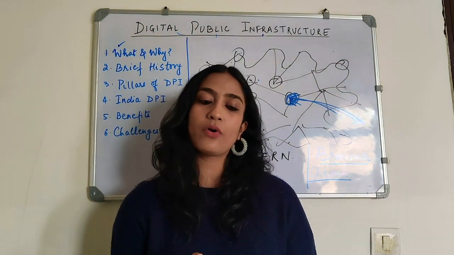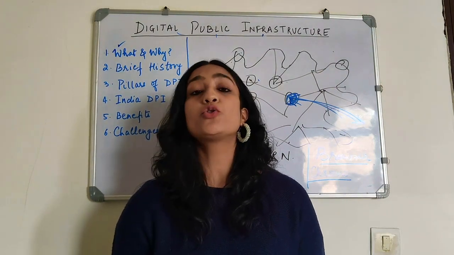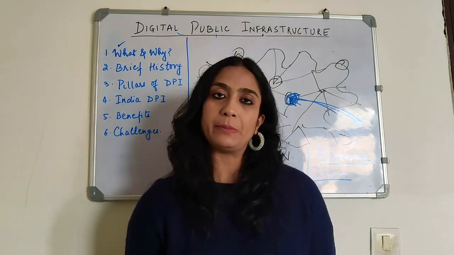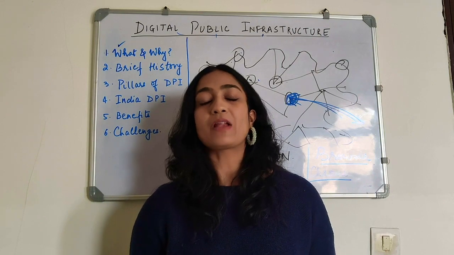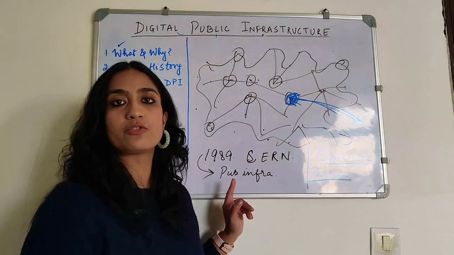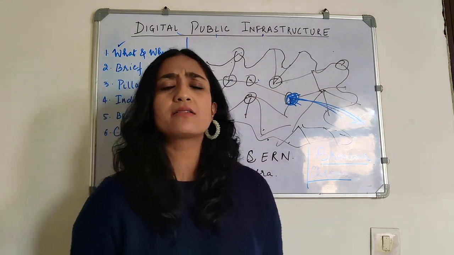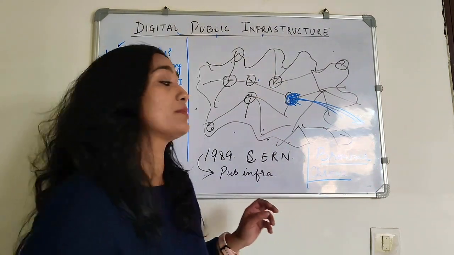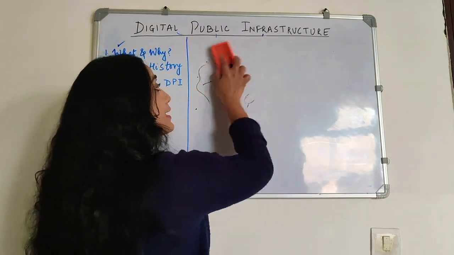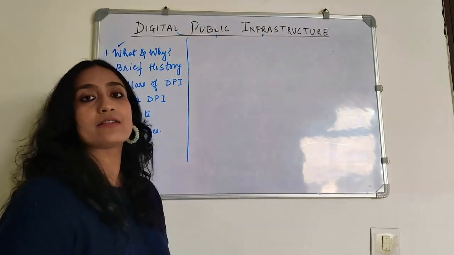And this became even more, the demand or the requirement, the need for DPI became even more acute during the pandemic. So during the lockdown, the most vulnerable people were the poor people. These were the people who lost their income streams. Now governments all over the world were looking for ways to connect with these individuals and be able to transfer funds, financially support these individuals as soon as possible, right? Now many countries were able to do that effectively, and there were still other countries who made inclusion mistakes, exclusion mistakes. These led to delays.